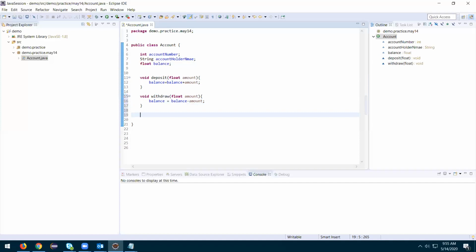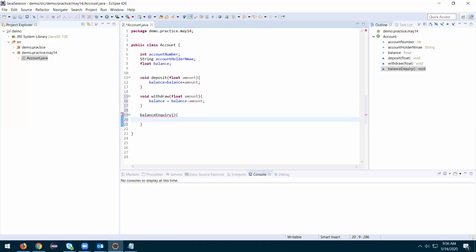So deposit, withdraw, balance inquiry. For balance inquiry, basically we don't give anything back.